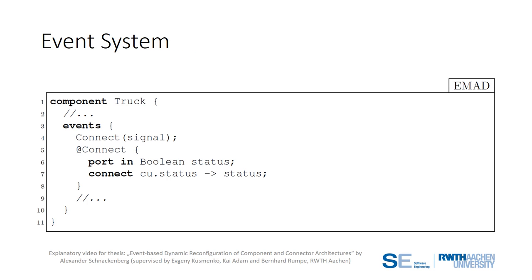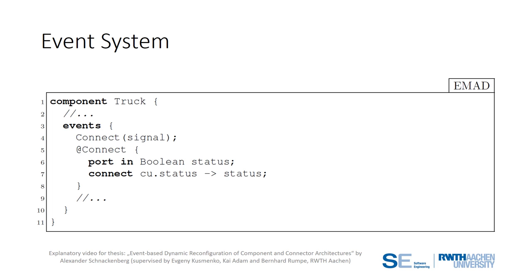In order to add events to a component type definition, the keyword events can be used. In the body of the event statement, events can be defined. Each event has an event declaration and an event reaction. The event declaration can be seen in line 4 and describes under which condition the event is getting triggered. The event reaction can be seen in line 5 to 8 and describes what happens if the event is getting